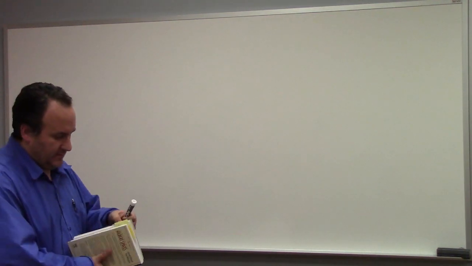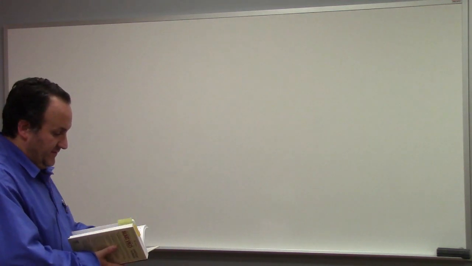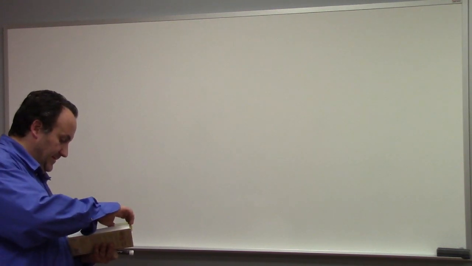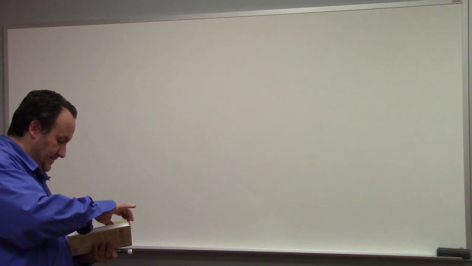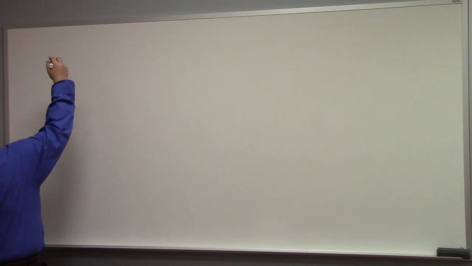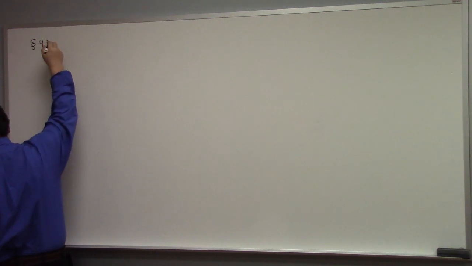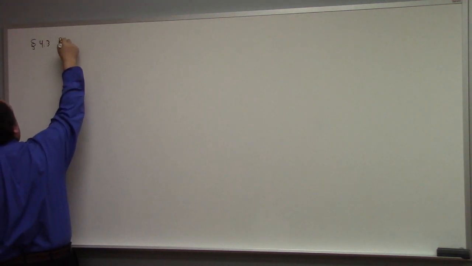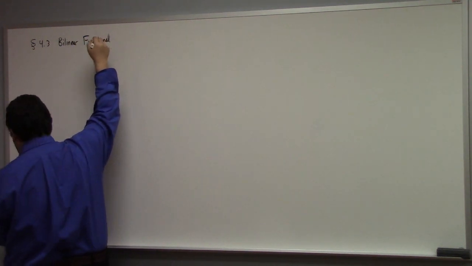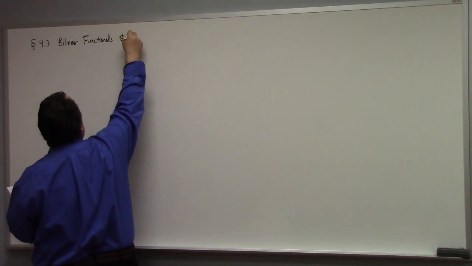Let's see here. So, where were we? We were in chapter 4, and we just looked at some examples of operators, right? So next up, we were talking about bilinear functions, functionals, and quadratic forms, and I'm going to try to be real brief here in this section. I probably won't be able to resist the urge to prove something in here, but mostly speaking,